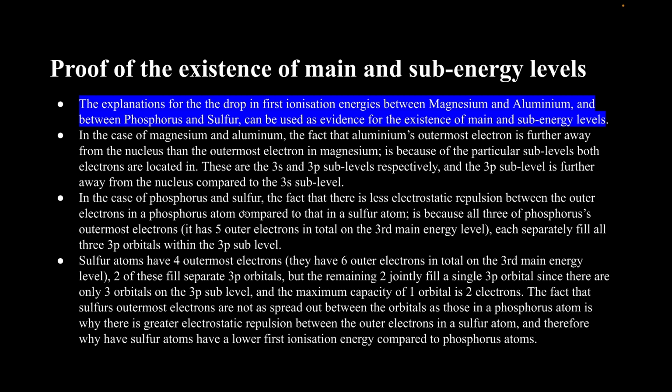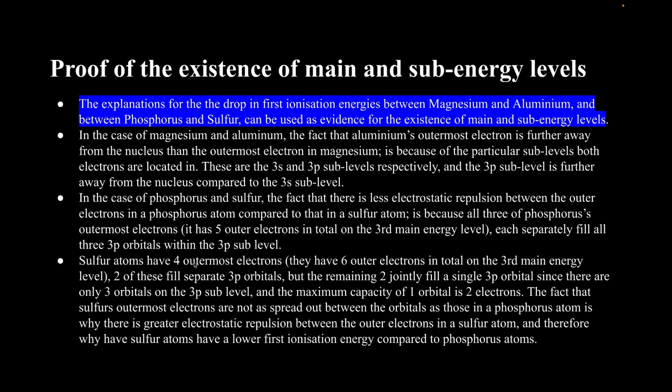electrons in a phosphorus atom compared to that in a sulfur atom is because all three of phosphorus's outermost electrons. Again, just to avoid confusion, phosphorus has 5 outer electrons in total on the third main energy level, but the 3 outermost that I'm talking about are the ones in the 3p sublevel. The other 2 are in the 3s sublevel, so I'm counting the 3 outer electrons on the 3p sublevel as the outermost electrons. So each of these 3 separately fill all 3 3p orbitals within the 3p sublevel, whereas sulfur